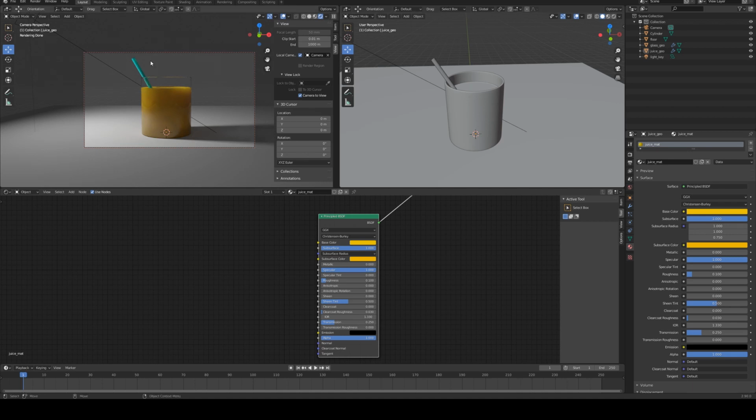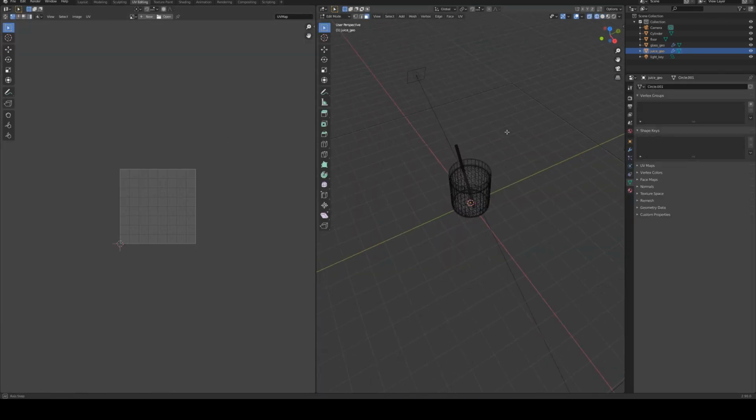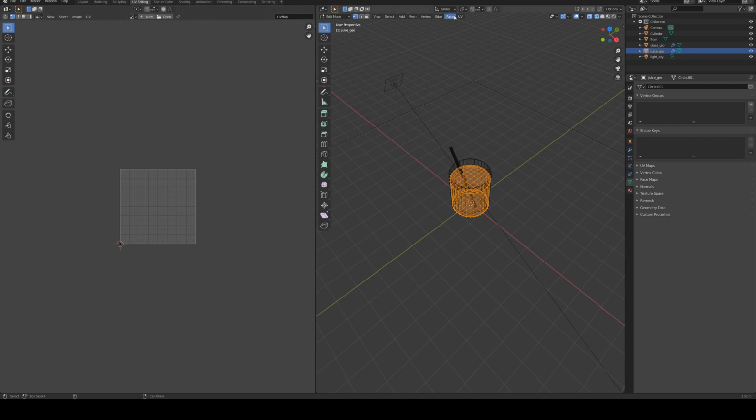So we could actually add a little bit of variety to the tone of this juice very easily, but we're going to need to use a ramp to do so. So to do that, we're going to need UVs on this juice geo. So we'll select that and we'll go over to the UV editor and we will just switch to wireframe mode. So all verts are selected. Then we'll just go to UV and we will go to cylinder projection, and that has done a terrible job